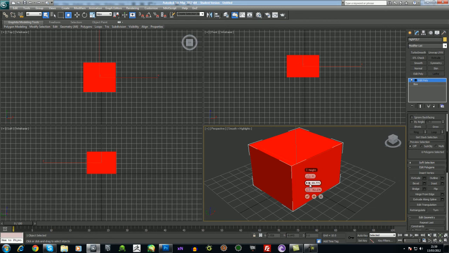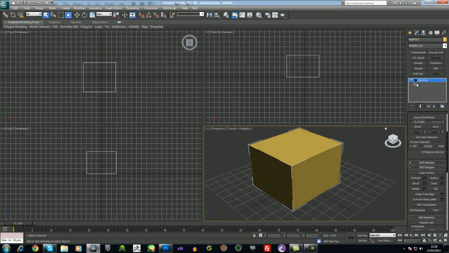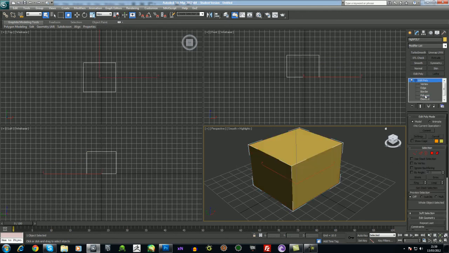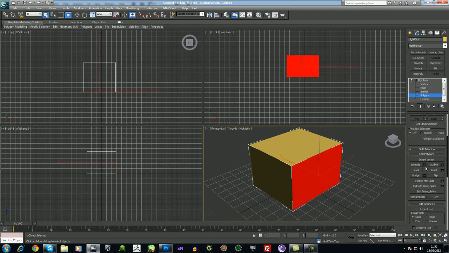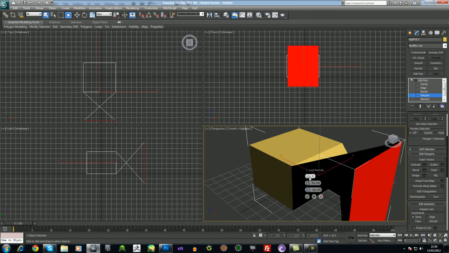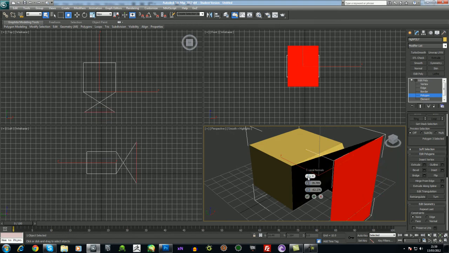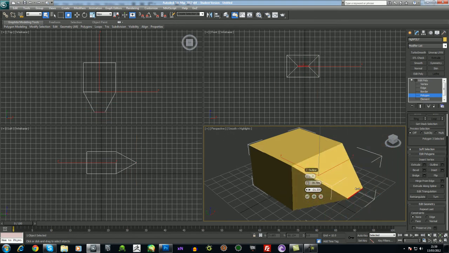Somebody decides not to do it and that's not happening. Let's try extrude. It's not happening either. So what's going on? Bevel. It's working now. Let me just get the settings right for this